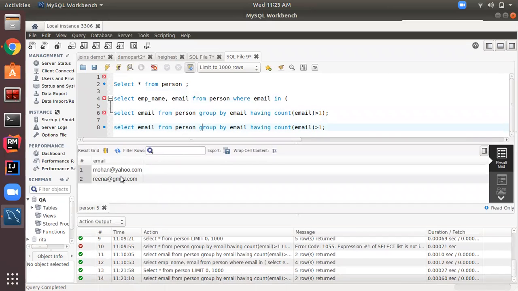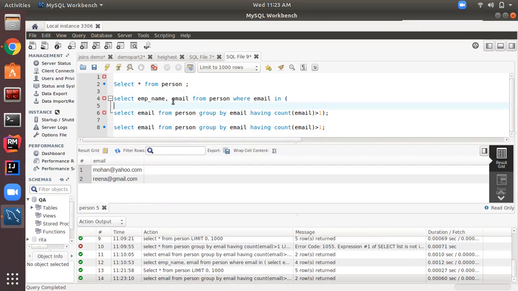See, these two are the duplicate emails present in the person table, but our purpose is to display the employee name as well, employee name and email. We want to find out for which employee we have entered the duplicate email. So I kept the above query as an inner query, and in the outer query I have written select employee name, email from person where email exists in these two emails, Mohan at yahoo and Reena at gmail.com.